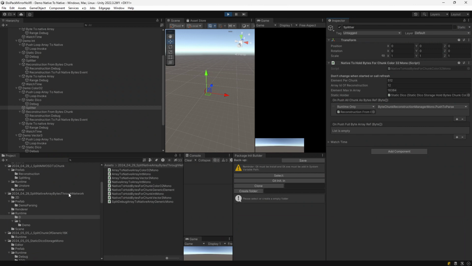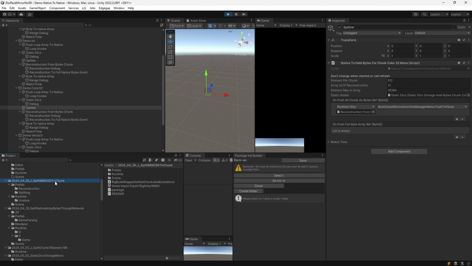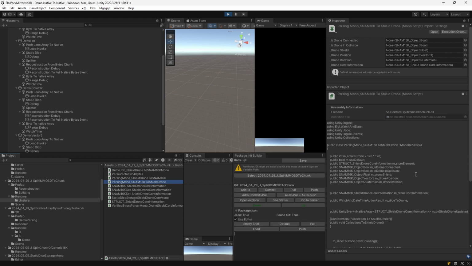Why I'm doing this is because I'm making a game over there that is called IMO SD, so integer massive multiplayer online shield drone. And in this, I need to send information about my drone, about some drone in my game, and send it to